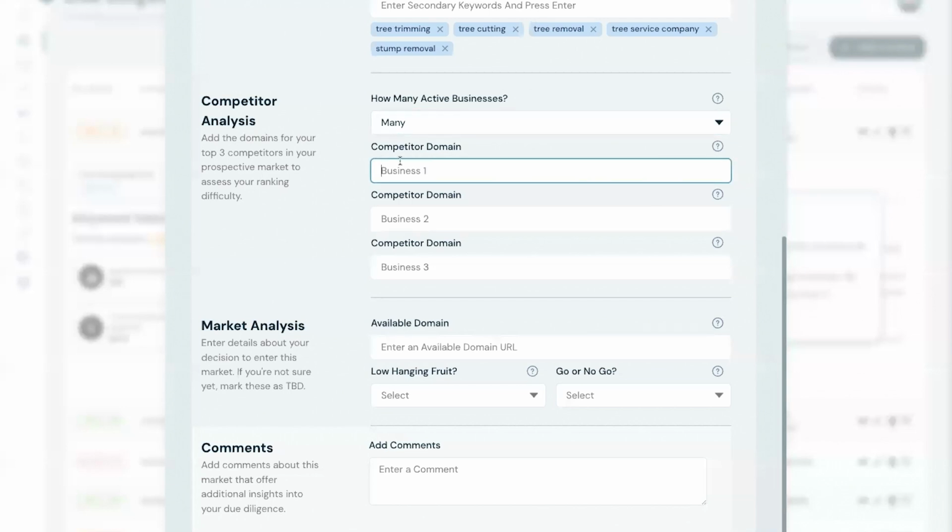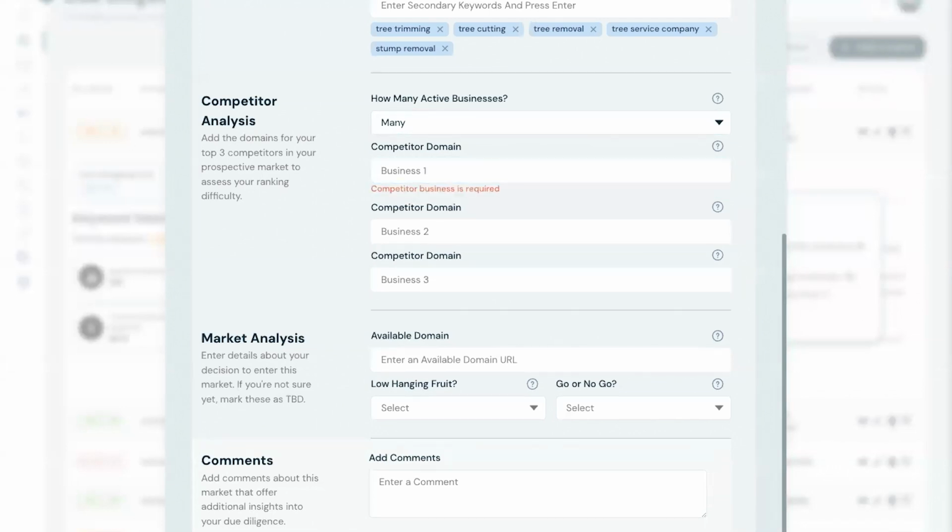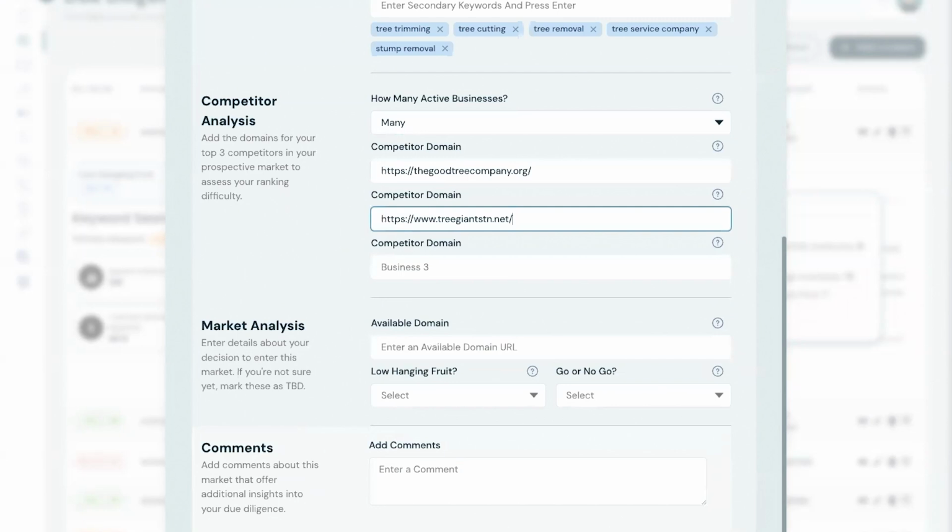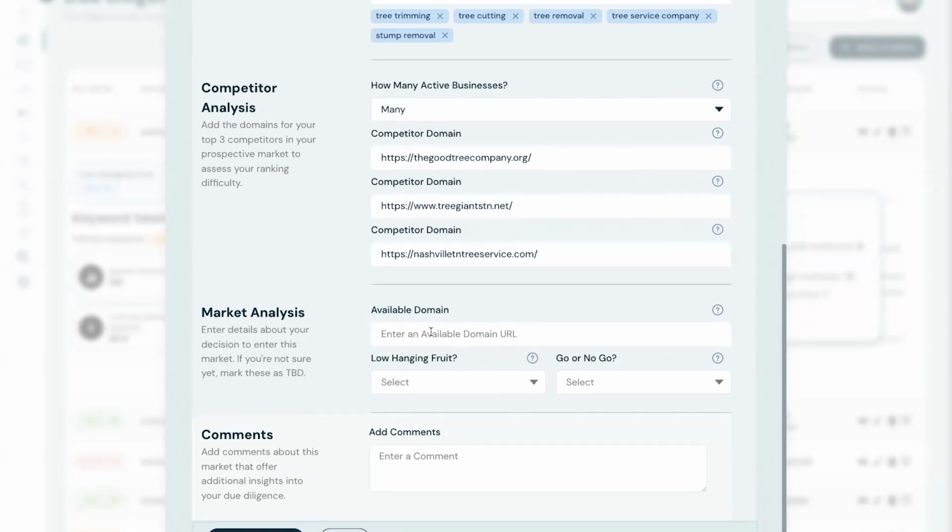That means there's lots of business owners that we can send our tree leads to. Amazing. All right, so I'm going to grab some of these competitor domains. So guys, these are the ones that we want to see how we stack up against. So we got this guy, and we're going to grab this guy. It's our top 3. An available domain, right? So this is where we go to GoDaddy, and if we don't have a domain yet, we're going to figure out if one's available, look it up. So maybe it's Nashville Tree Pros or Guys or Professionals. Yeah, something like that.